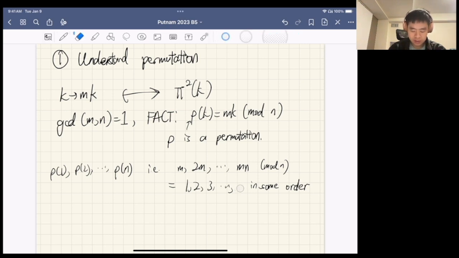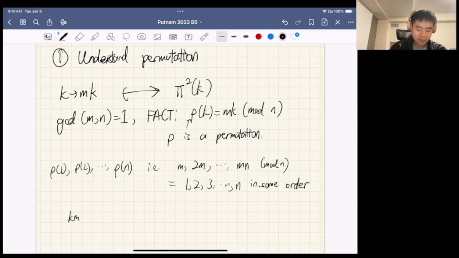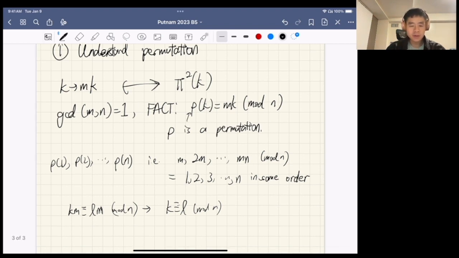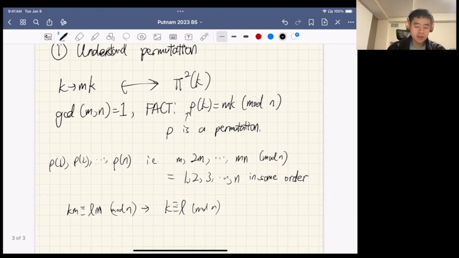Sorry, bad handwriting. So what this means is that if km equals lm mod n, then you basically have k is the same as l mod n, which also means that k equals l if they are both in the range of 1 to n. So now, since this one is already a permutation,